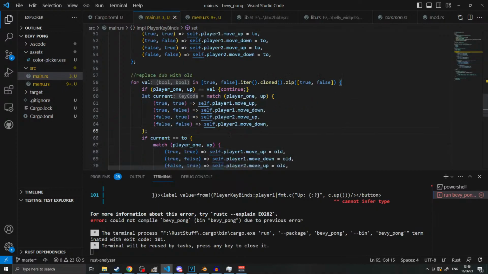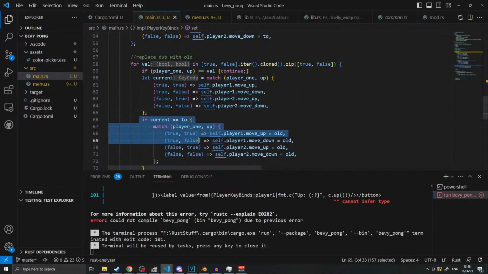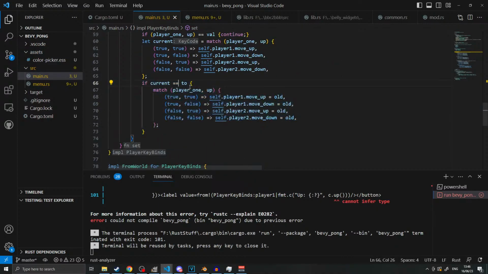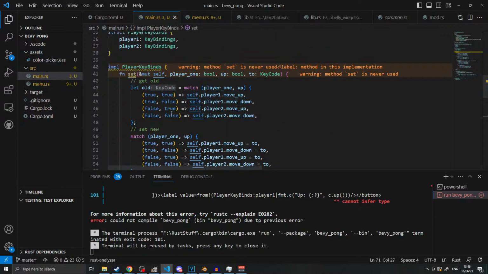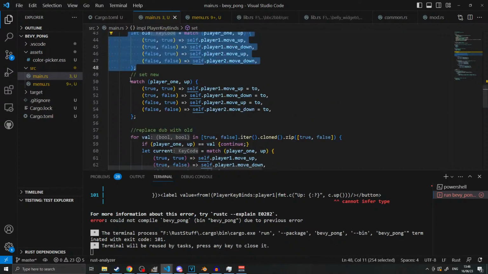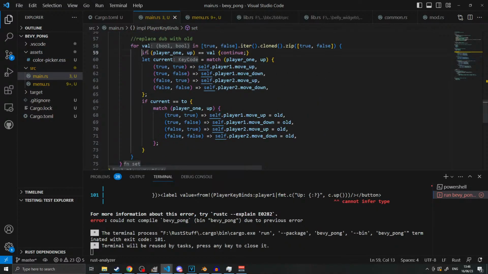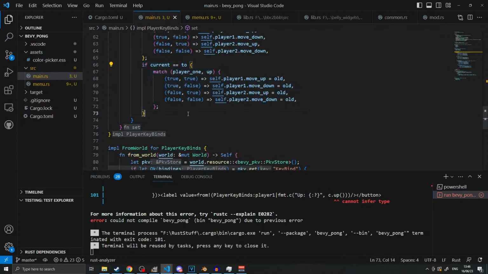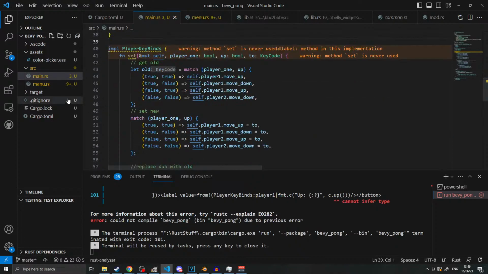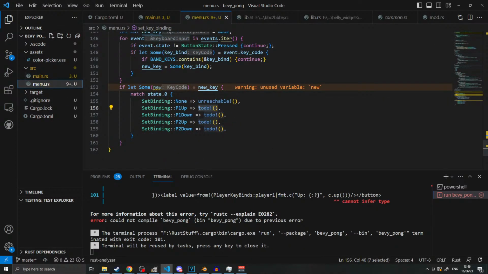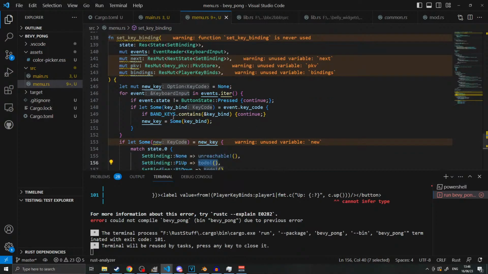Otherwise get the current value, otherwise if current equals to match. Okay, so get the old value, set the new value, go through all of them. If it's the current one we're setting, don't care. Otherwise, get its current value. If it's the same as what we just set it to, set it to the old value. This will mean that you are able to flip them like so, if you bind it to something that already exists. So then, up here, we would go